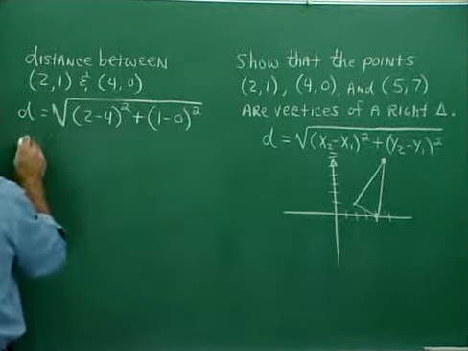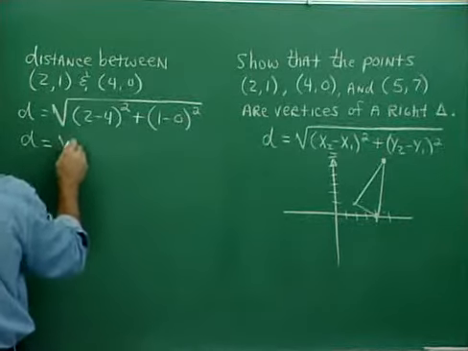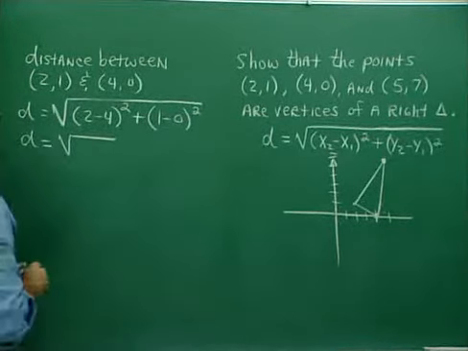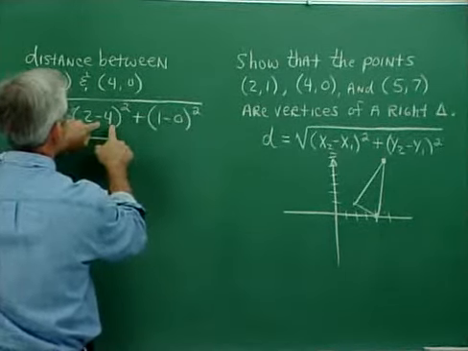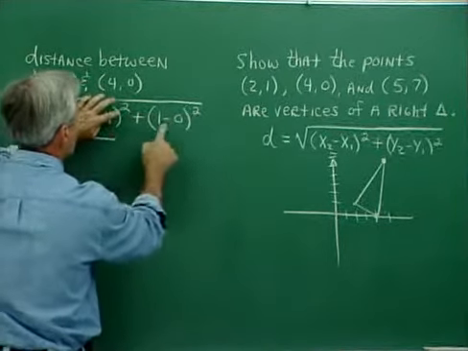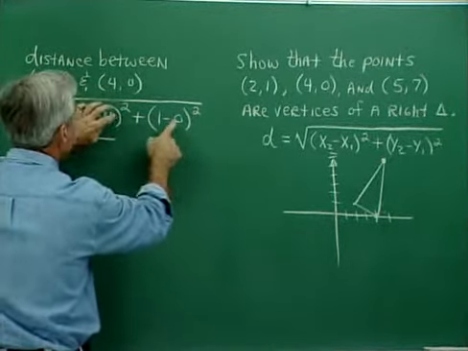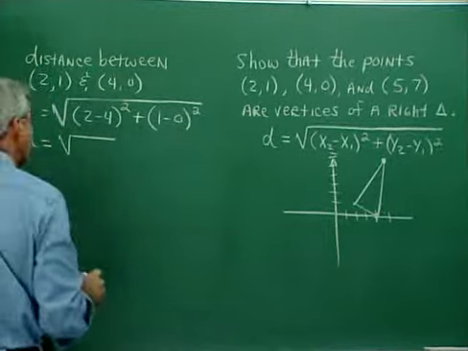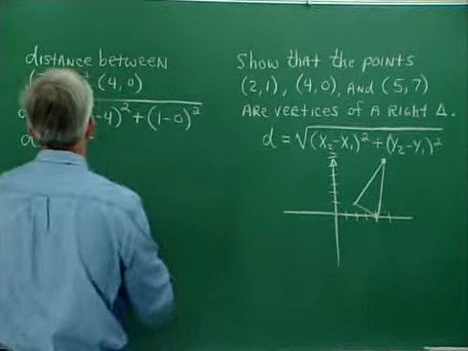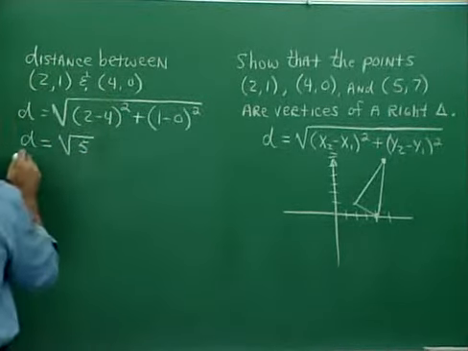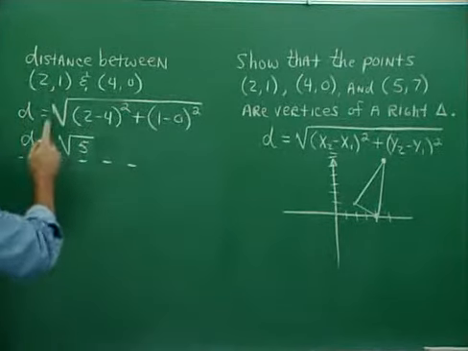Now let's see, what do I have? I've got d equals the square root of, now let me simplify in my head a little bit. This is negative 2, squared is 4, so that's 4. This is 1 squared is 1, 4 and 1, 5. This is the square root of 5. Okay, good. Now, for another one, for the distance between